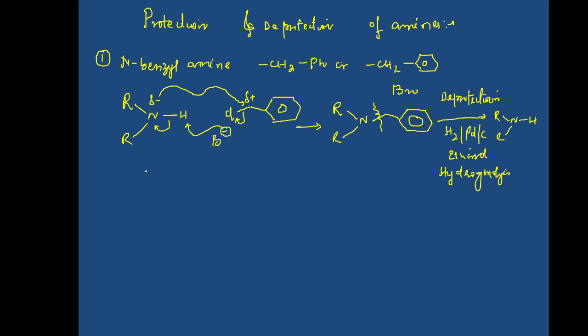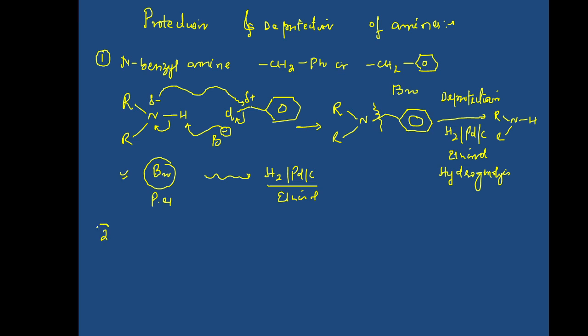So what we have stated is, when the protecting group is Bn, then deprotection is brought about by hydrogenolysis, that's H2, Pd/C, in a polar solvent like ethanol. So this is called hydrogenolysis. This is the first thing which we have to remember.